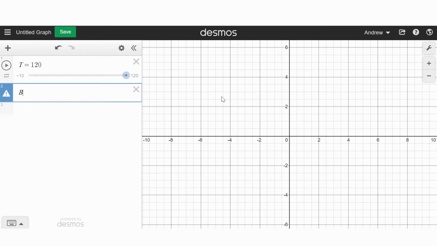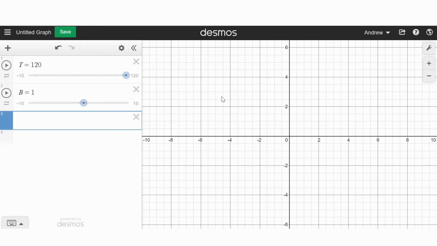Okay, so we have 120 BPM and the quarter note, which is 1 beat. All right, and we want to calculate the duration, so let's plug in the equation. D equals 60B over T. Okay, and just like before, we calculated that the duration of the quarter note at 120 BPM is half a second. All right, and like I said, we can vary these and see the duration of the quarter note at